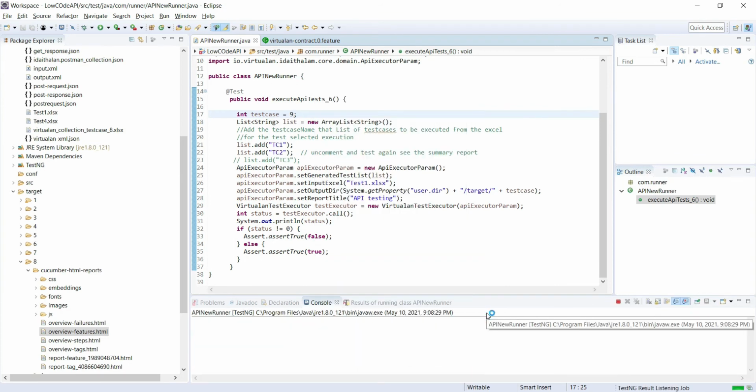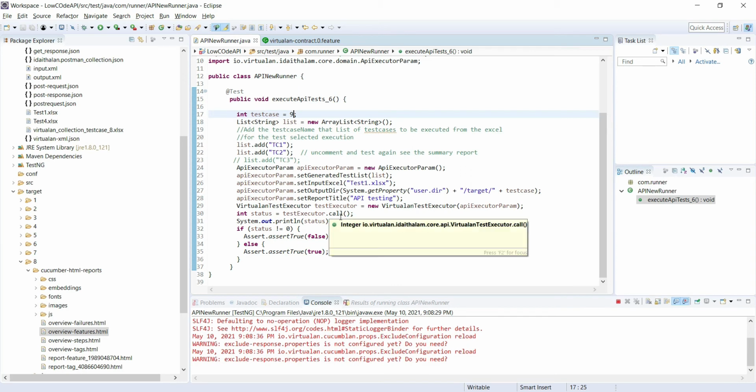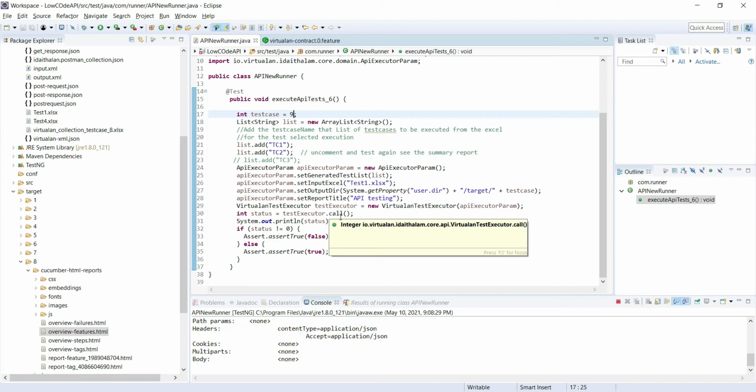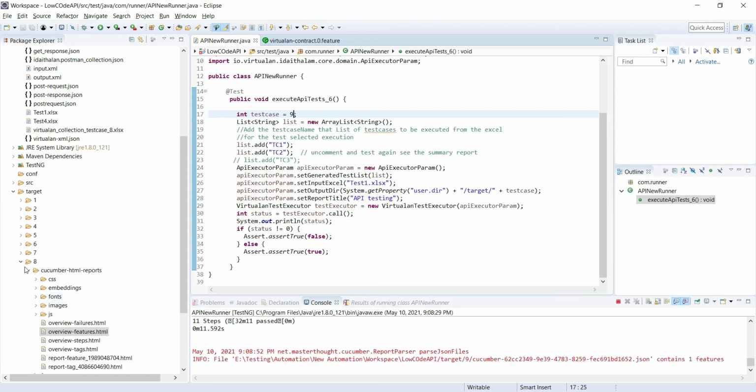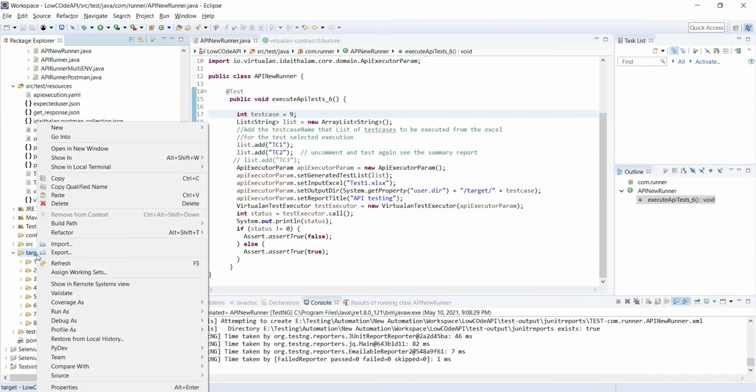Okay, they have also changed how we can execute our API runner. So we will discuss this later. First we will see how we can fetch the value from the response by using JSON path, and then we will see the new changes which have come. So my test cases have passed.